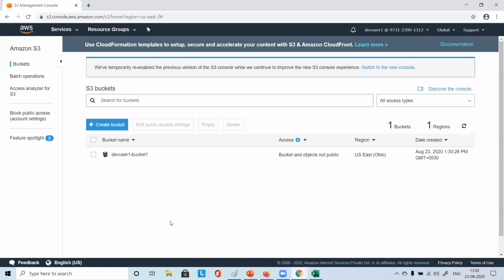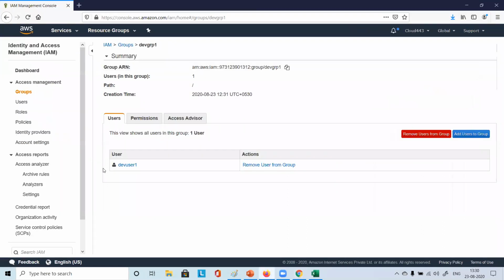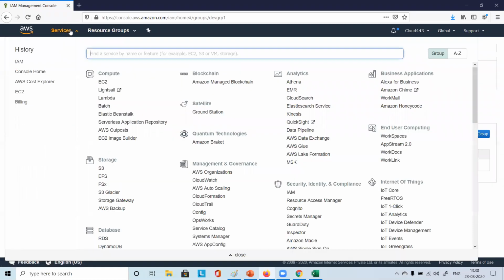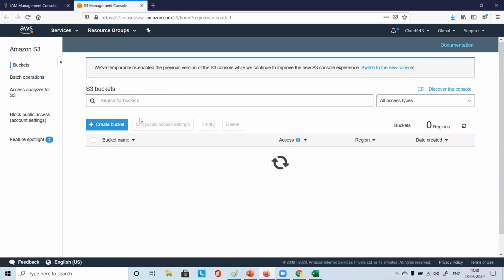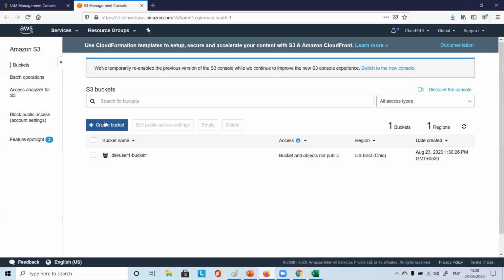Or you can create one bucket using this particular console. So here we click on services. We choose S3 as the root user. We open it in a new tab. The S3 will open in a new tab. There we see that the bucket has been created.